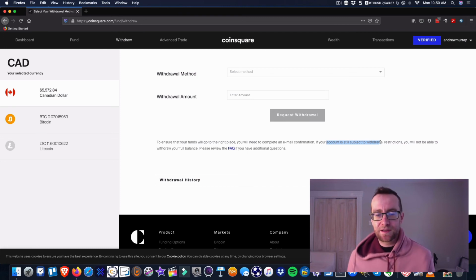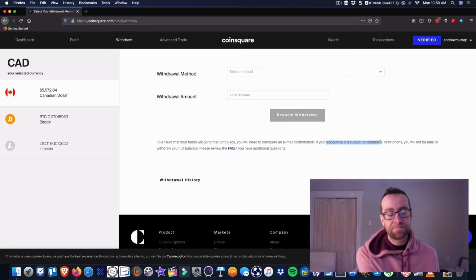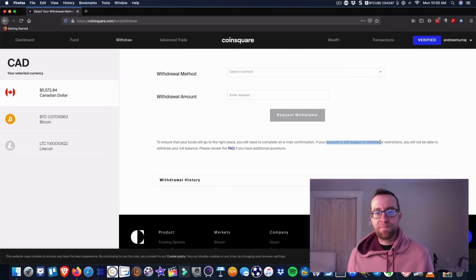You can get your funds into CoinSquare, then transfer from Bitcoin in CoinSquare over to Binance. You can trade in Binance, then send the Bitcoin back to CoinSquare, and once it's there, you can convert it from Bitcoin to Canadian dollars, and then withdraw it. So that's how that works.